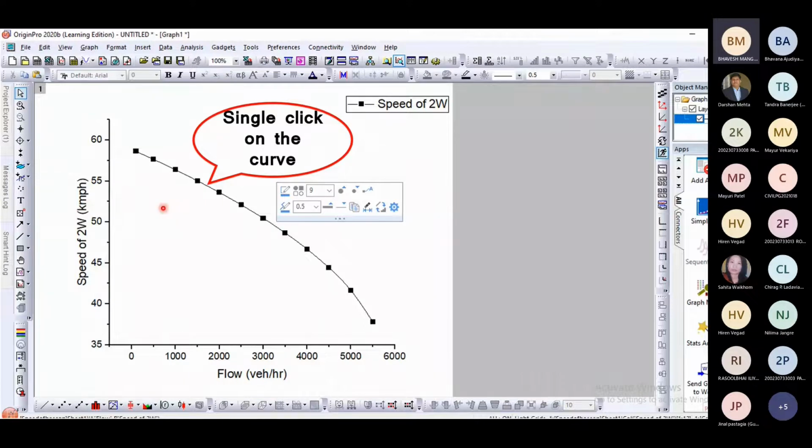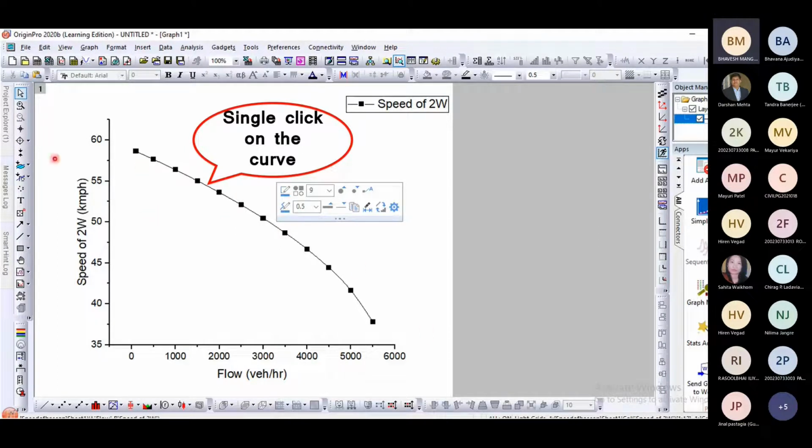Okay, now how to format this curve? To change anything in this curve, we first have to single click on this curve. So this box will be visible. Here you can do many things. You can increase or decrease the size of the line.